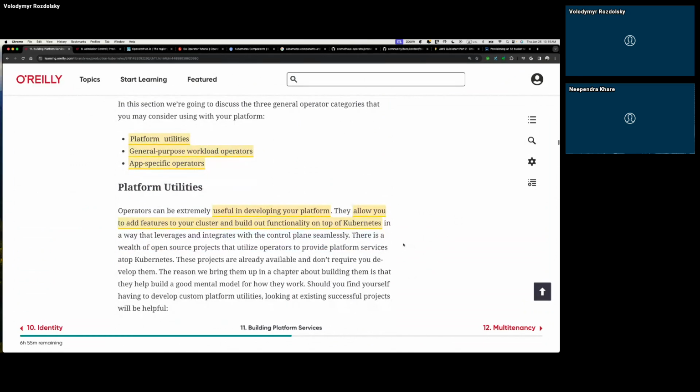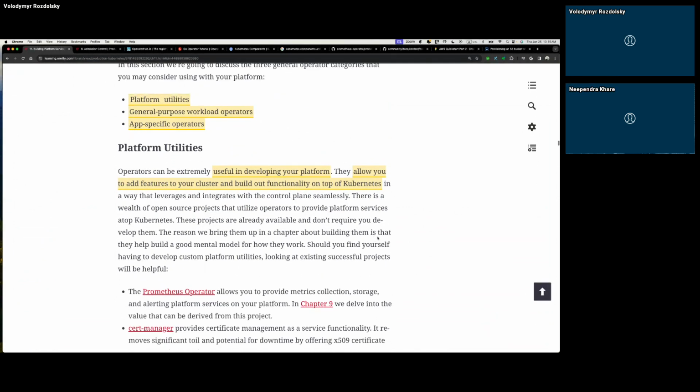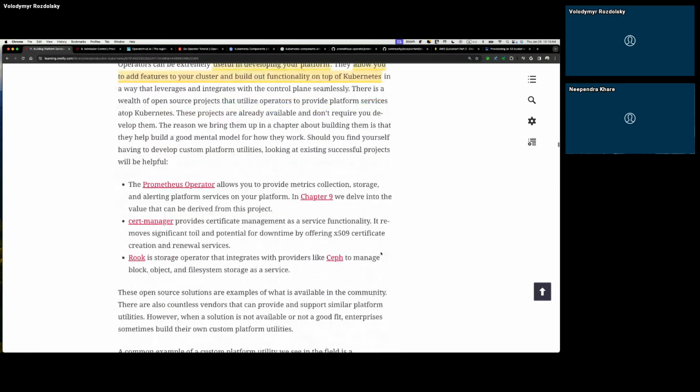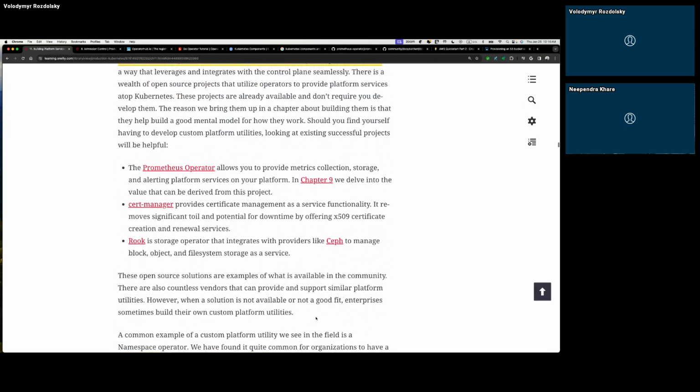Has anyone developed any platform utilities or any kind of automations with operator SDK that take on operations, for example automating common work in the cluster?